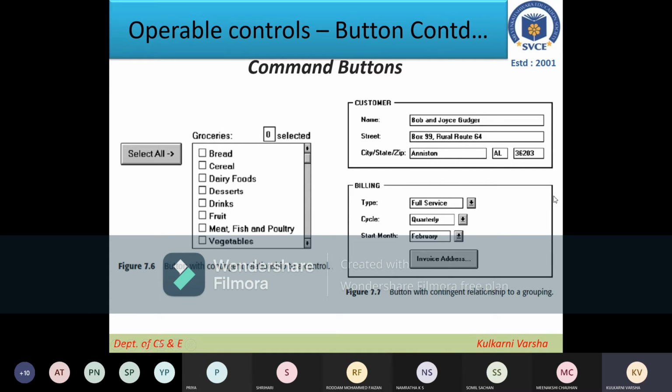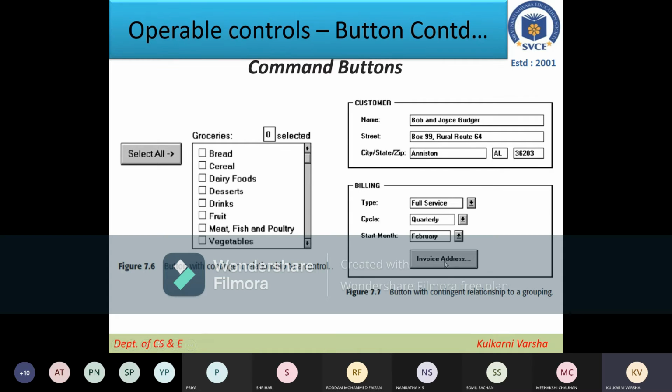In the same way, you can see another figure where there are customer and billing. When we check for this customer, name, street, everything is here. So for the same customer only, the billing option is given over here, right? And when we want to do the billing with respect to this, then we click the invoice addresses.